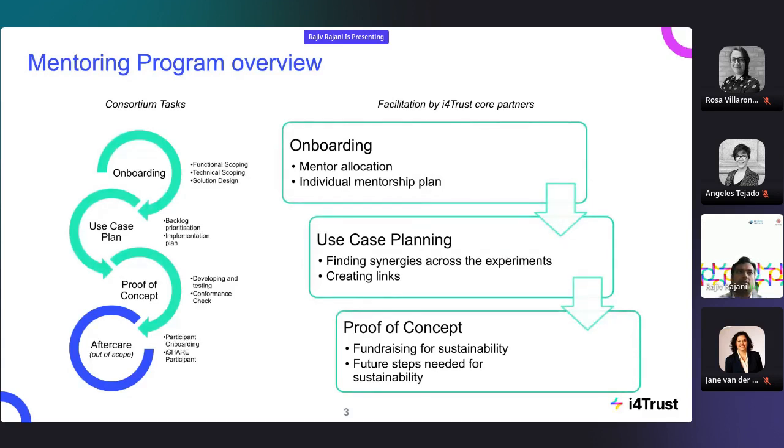Then the next stage is the use case plan. Once you have defined your boundaries and a high-level architecture and solution, you would like to work on detailing out the steps that you would take to develop that solution.